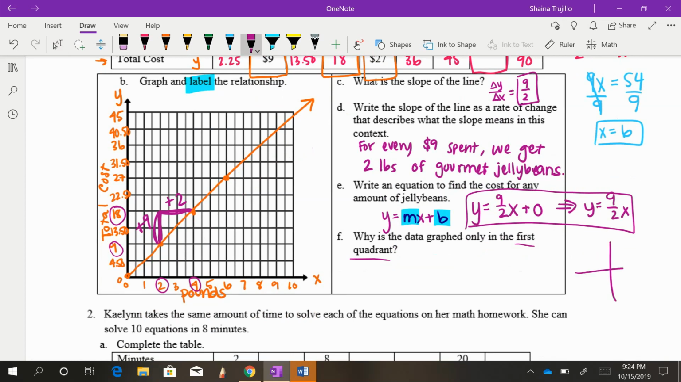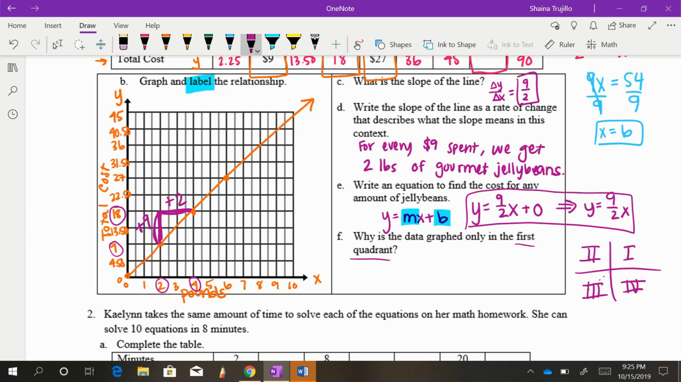If you remember from 7th grade, we have 4 quadrants on our coordinate plane. We have quadrant 1, 2, 3, and 4. Okay, quadrant 1 is what is shown here in part B. Why is our data only graphed in this first quadrant? Well, we're not going to graph it in our third quadrant because it doesn't really make sense to pay money or to get money for